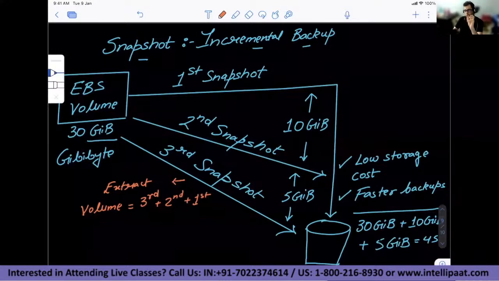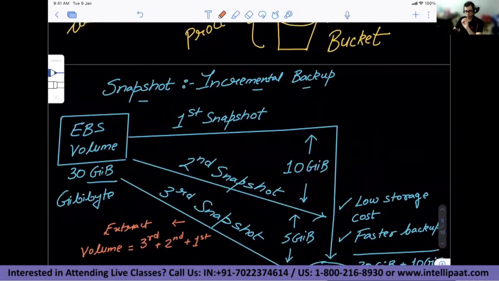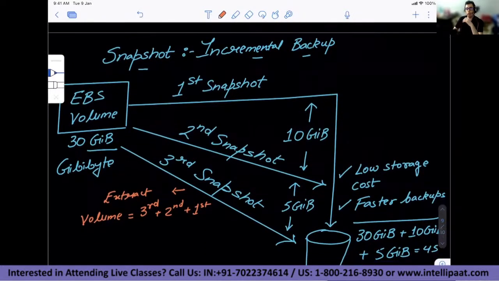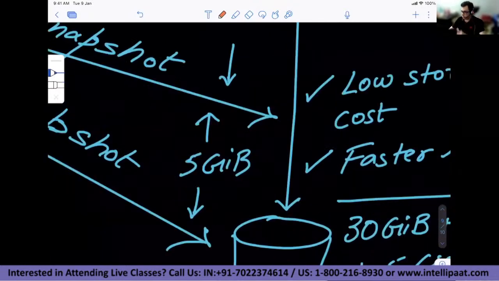And if you're able to retain the third snapshot, if you carve out the volume out of it, it will retain the data of that snapshot and the previous snapshots. You got the point? Okay, so this is the incremental backup strategy of the snapshot. Fine. Now, snapshots are used as incremental backups. Also, they are used